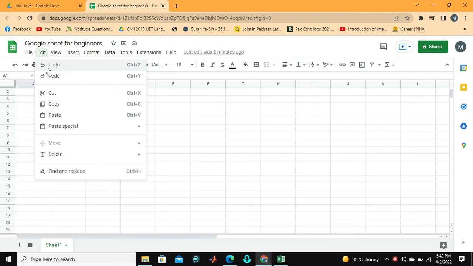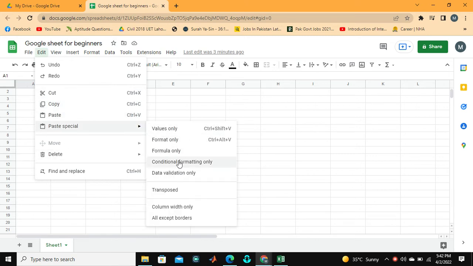If you have entered text, you can click undo to clear it or edit the previous one. If you mistakenly click undo, you can click redo to get back your previous information. You can cut, paste,